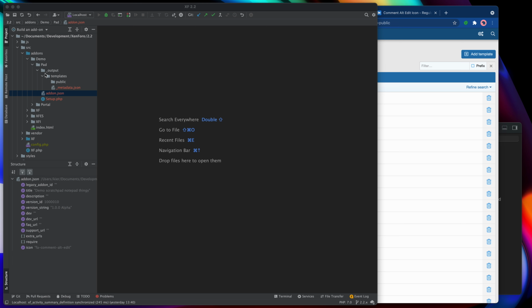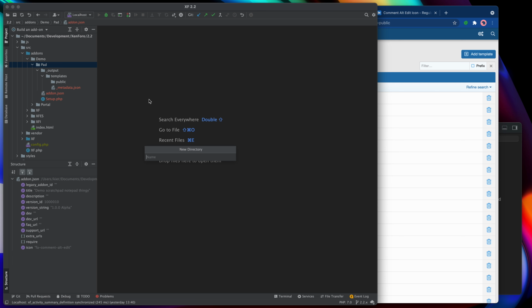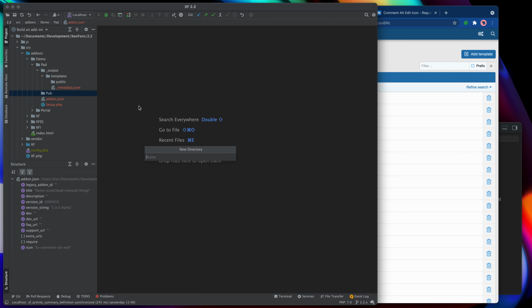So I'm going to come into my pad add-on directory here and create a new directory, and I'm going to call it pub because this is going to be a public controller. Now I'm going to do this the long way around because it's the gold standard, it's the way that we do it in Zen4o itself, but so long as your classes extend the correct bits and pieces, then it doesn't really matter where you put them. But I'm going to do it the Zen4o way just because that's what I always do.